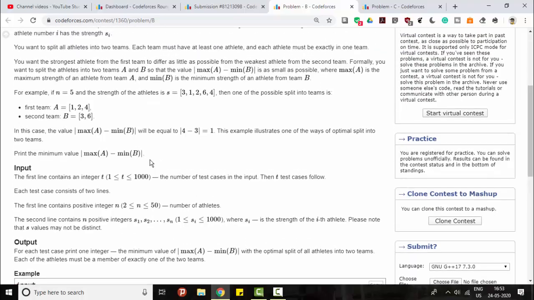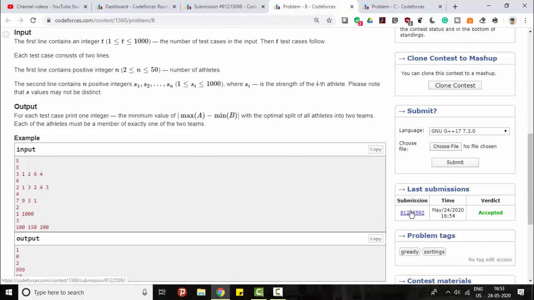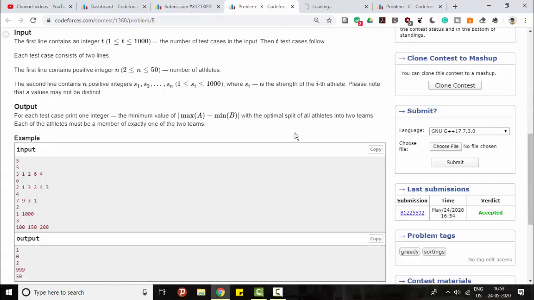What we'll do in the solution is we'll first sort the given array so that we can think properly and in the right direction, and we will find that we need this in the solution. So what we have is 1 2 3 4 6 after sorting. So what you can do is decrease the difference, right?